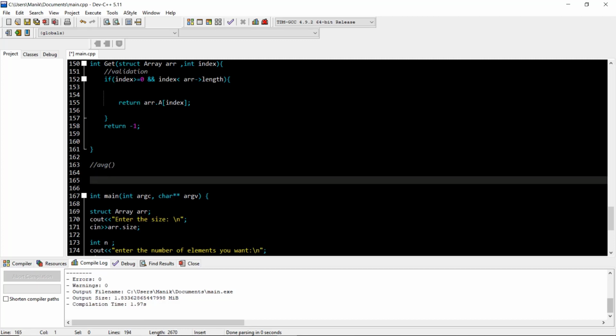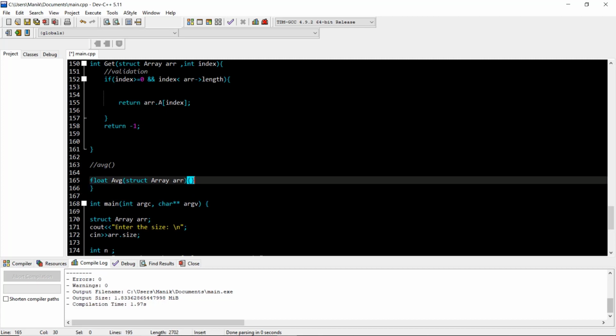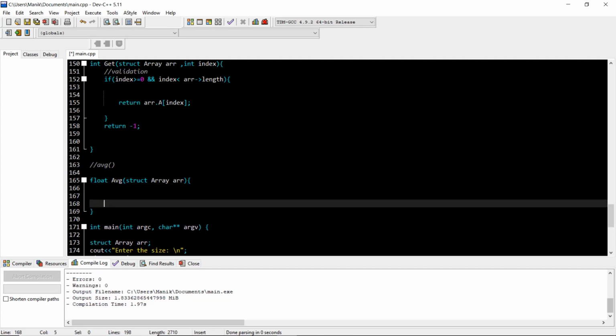Okay, another is average, avg. So we want to return the average, so it is float type. So we want struct array arr comma, just we need this array and just return this thing.